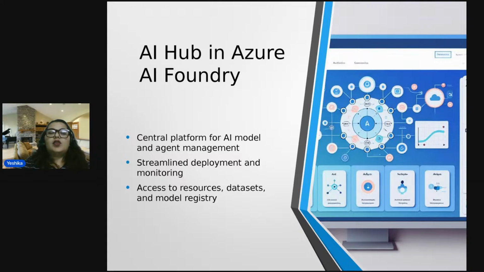So with Azure AI Foundry, you get all these elements. First, the set of instructions which you want to give. Second, the database that you can directly hop into as per your requirement of the agent.